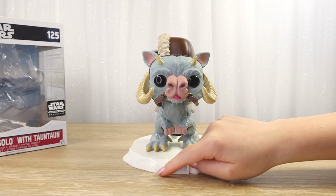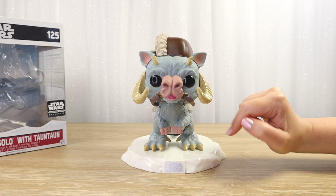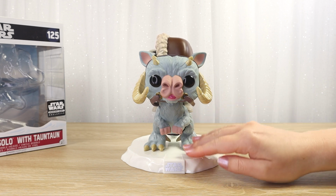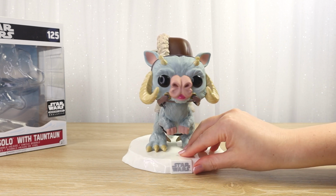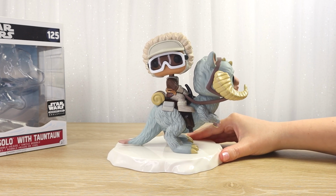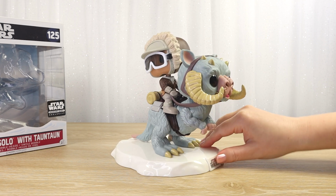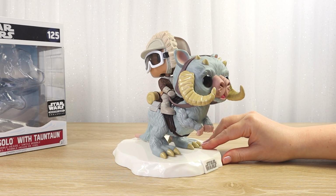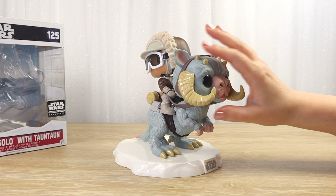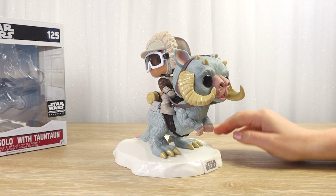And I think it's interesting that the Star Wars plaque is directly underneath the Tauntaun's face, which would kind of indicate that this is the front of the figure rather than as the box art would depict, sort of posed this way where Han Solo's face is sort of the front. So I'll probably have mine sort of tipped a little bit to the side so I can see this really cute Tauntaun face, see the Star Wars logo, but still see a little bit of Han Solo here at the